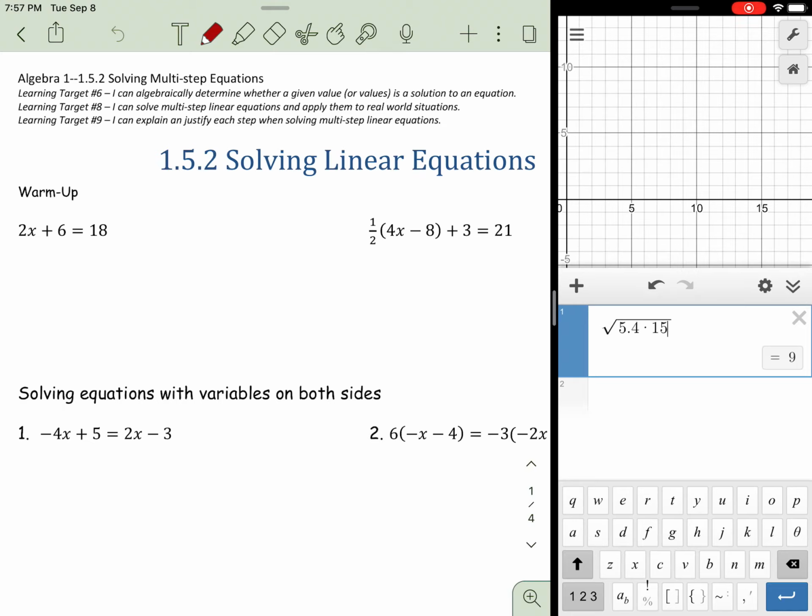So today we're going to move on to solving equations, but with variables on both sides. So similar steps, we're still going to use SADMAP when it's an equation, and we use PEMDAS when it's an expression. First thing I want to do though, let's take a look at a warm-up from yesterday, just how to solve